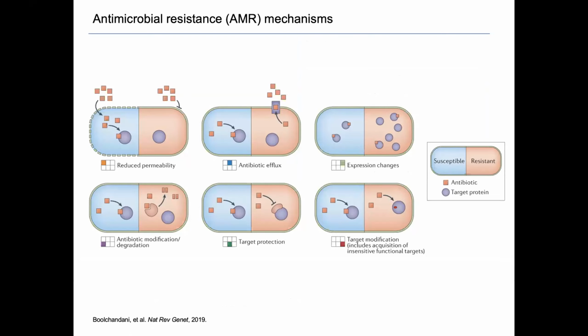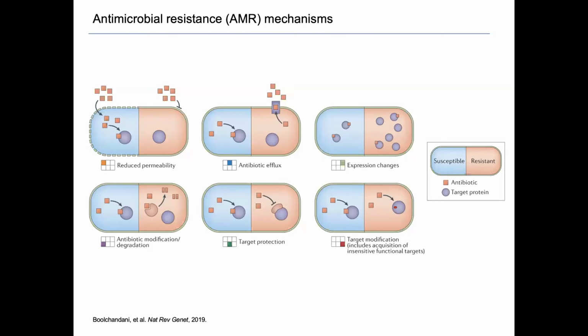In this AMR workshop, I'll be focusing predominantly on bacteria, and they have many mechanisms through which they are able to resist antibiotics. Each of these diagrams represents a bacterial cell, and in blue is where they are susceptible through a particular mechanism, and in orange is where they are resistant. I won't go through each of these mechanisms, but this is a good visual summary of all of the mechanisms, and it's important to understand the context and what we are actually trying to find when we talk about